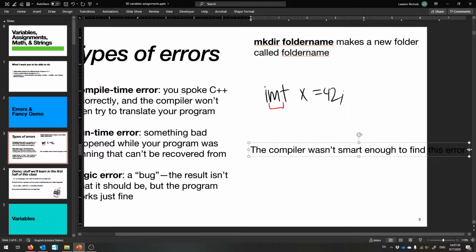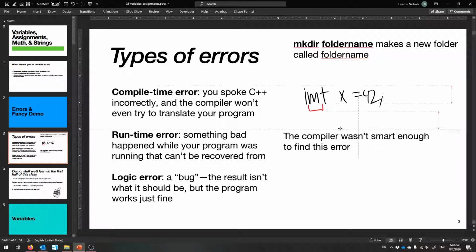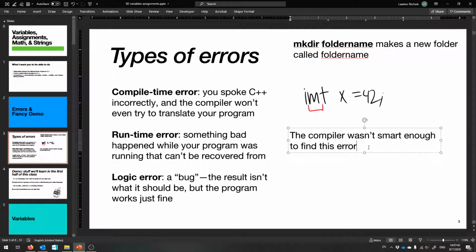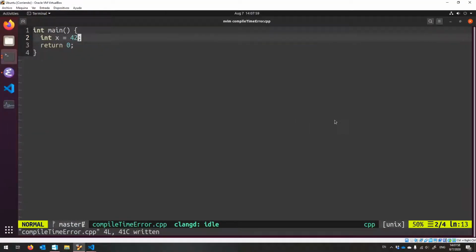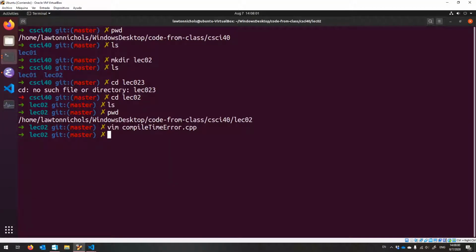One of the most common runtime errors, as you're doing mathematical operations, is called divide by 0. Let me show you that. The compiler isn't smart enough to know that you're going to divide by 0 in this case, so it lets you compile the program. I'll show you why that's a good idea. So vim divide by 0